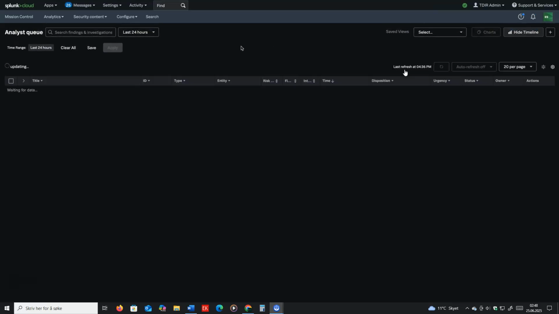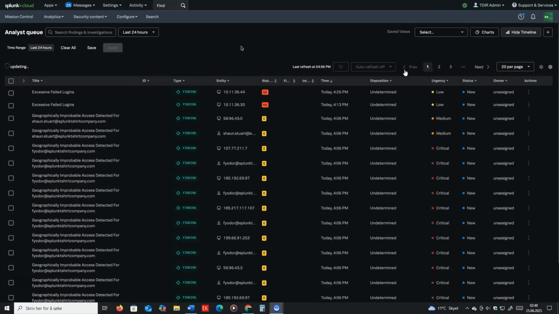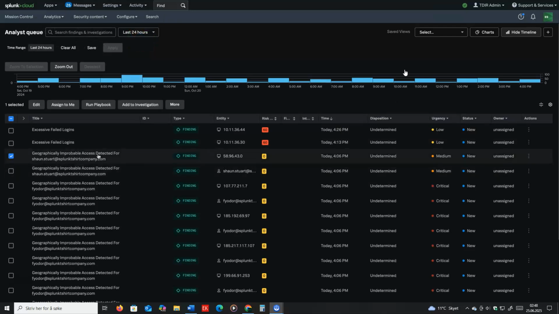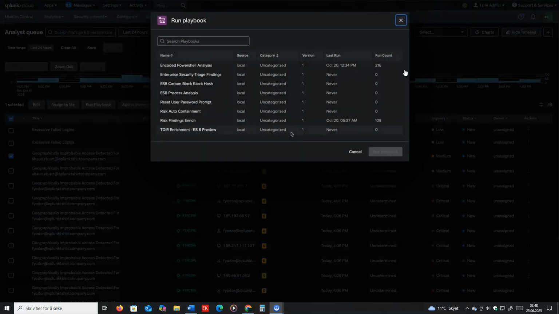One of those is the ability to run automations, playbooks, and SOAR actions directly from within the analyst queue on your findings and finding groups. For example, if I wanted to take the context available inside this finding, the playbook option becomes available to me right from the analyst queue. And I'm able to go ahead